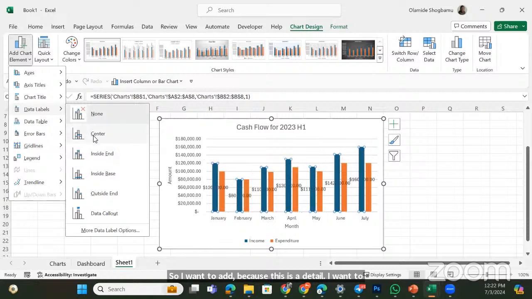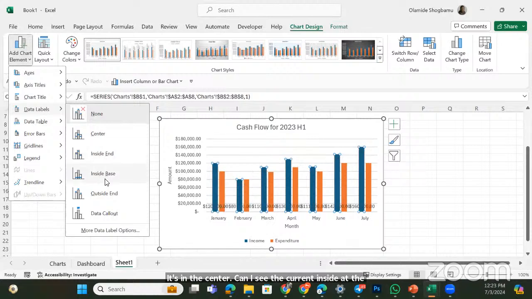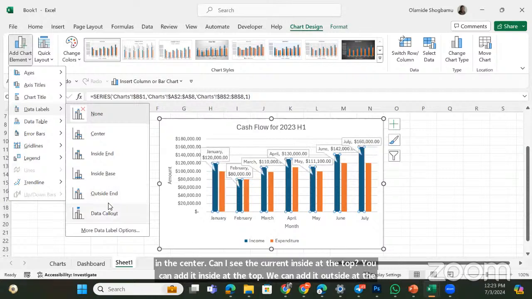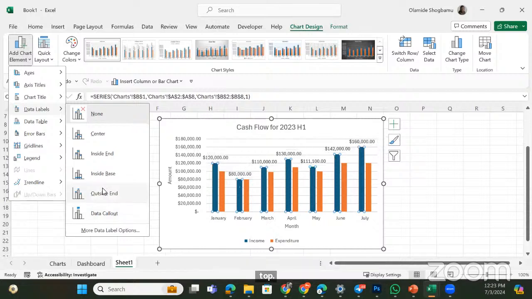We can add it in the center. You can see, you can add it inside at the top. You can add it inside at the bottom. You can add it outside at the top. We can do a data call, but we are not going to do a data call. We add it outside at the top. So if you click this,